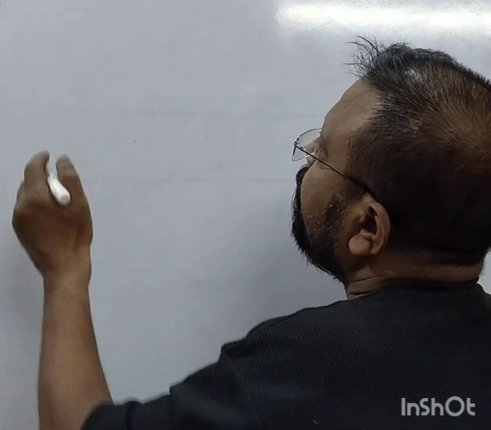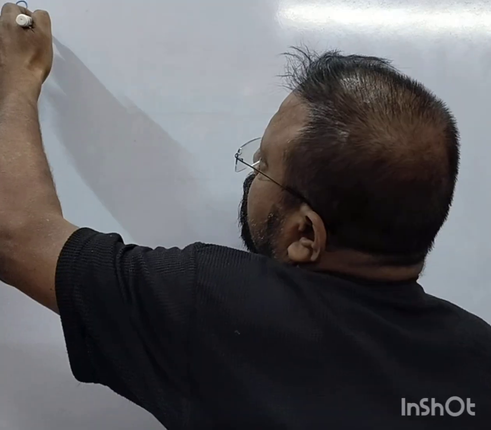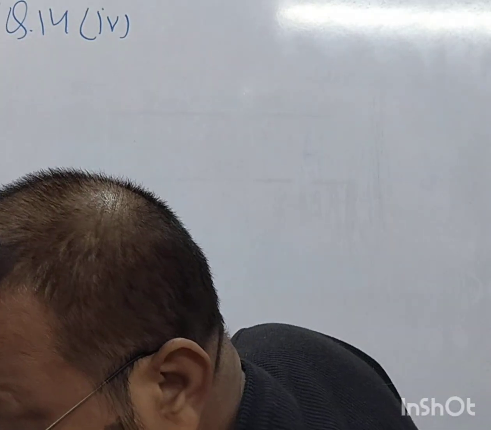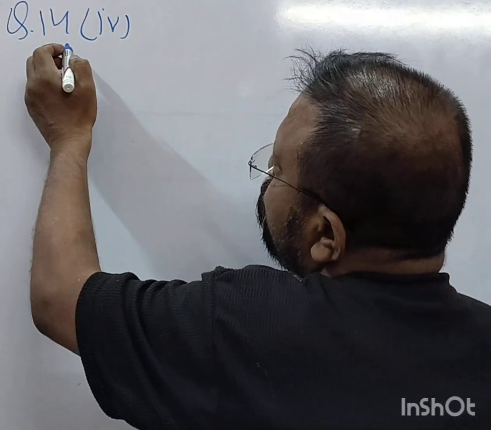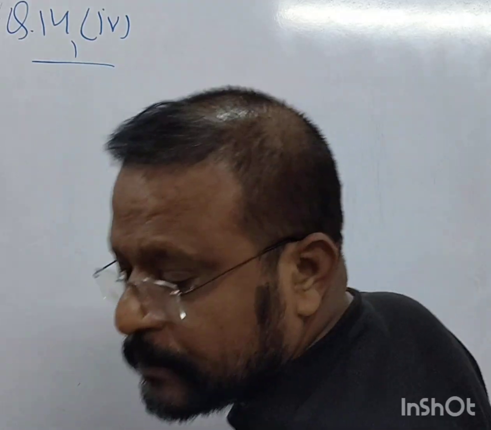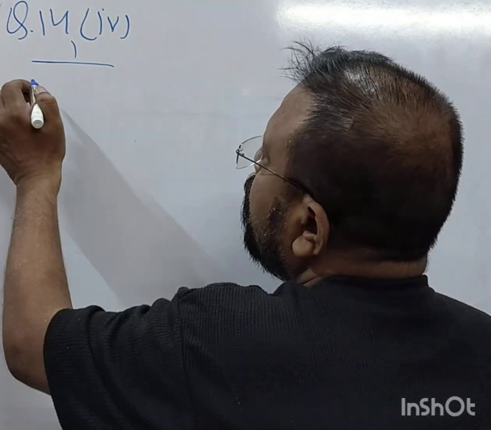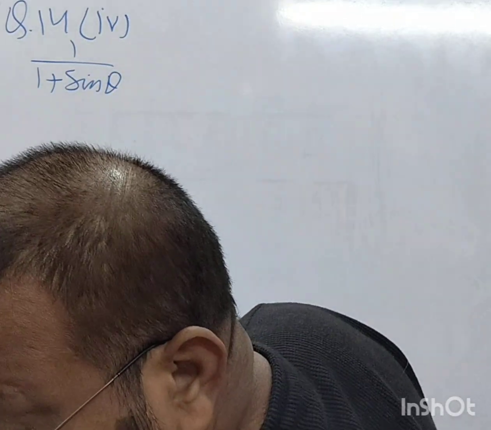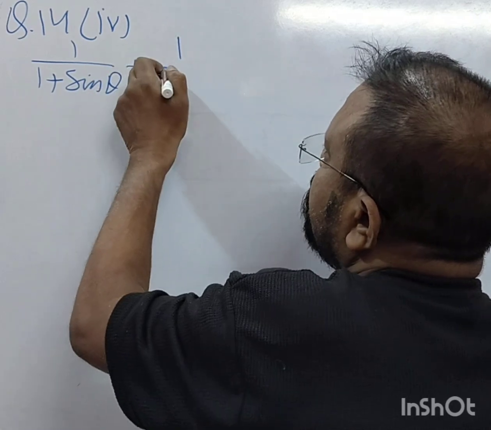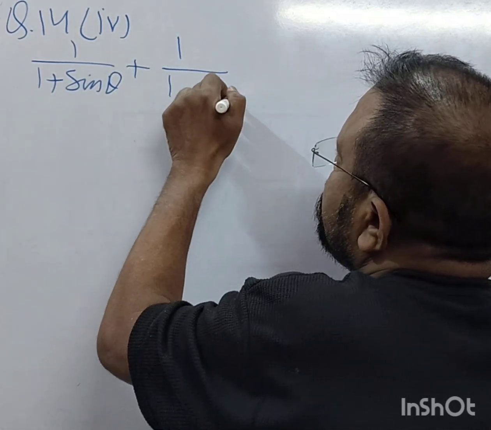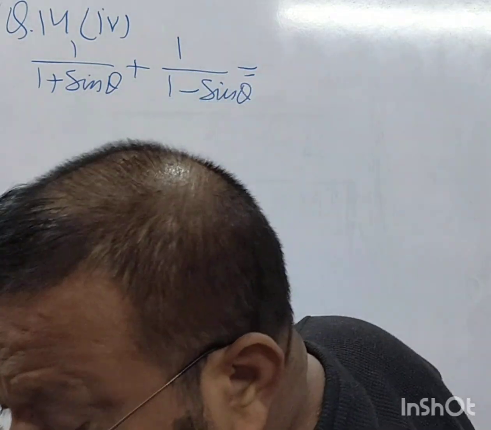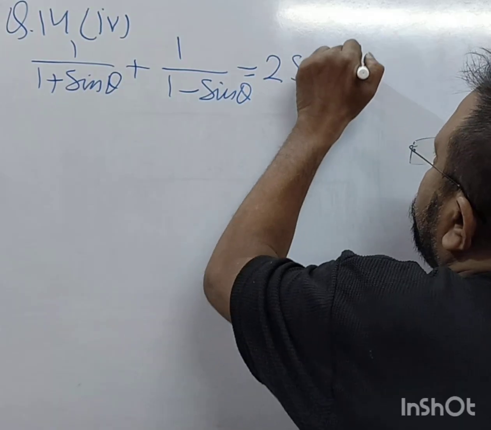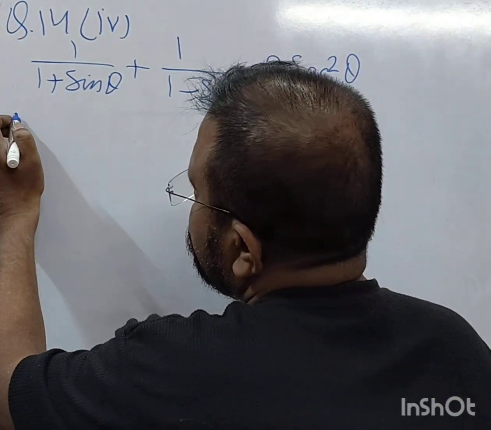Now question number 14, part 4. Question number 14, part 4. What is that? It came in 2022. 1 upon 1 plus sin theta plus 1 upon 1 minus sin theta is equal to 2 sec square theta, right? So LHS